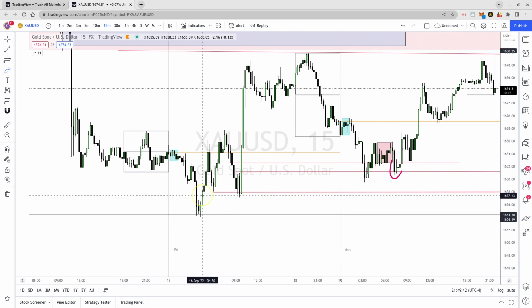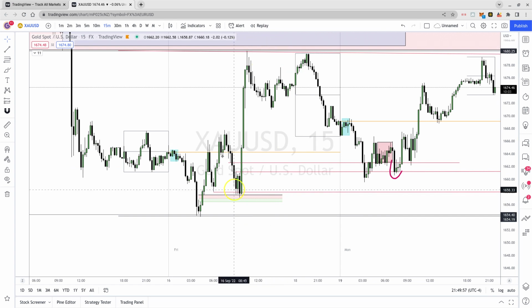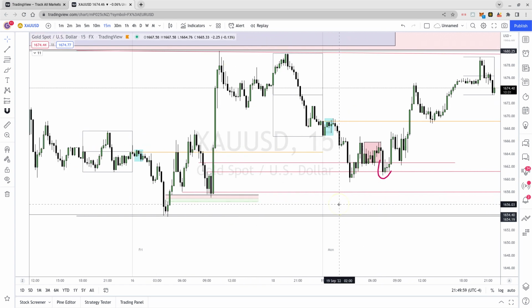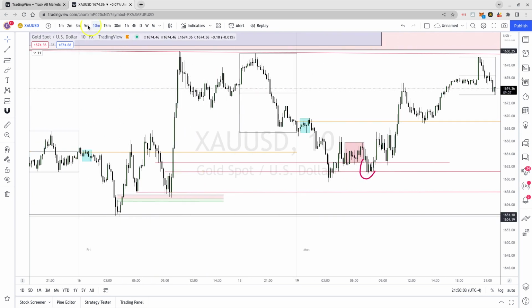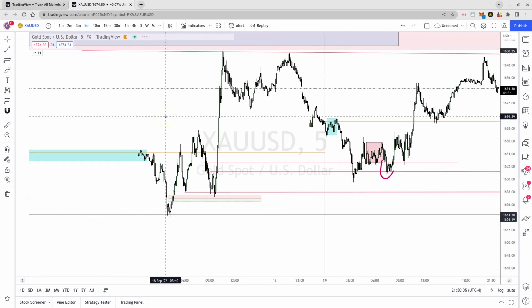9:30, we're sweeping, we're tapping into this FVG, okay? 50% of this FVG. Right, bingo, okay? 50% of this FVG, right? We form another true order block, which price trades into today, okay? Looking at a 10-minute time frame, 5-minute time frame,